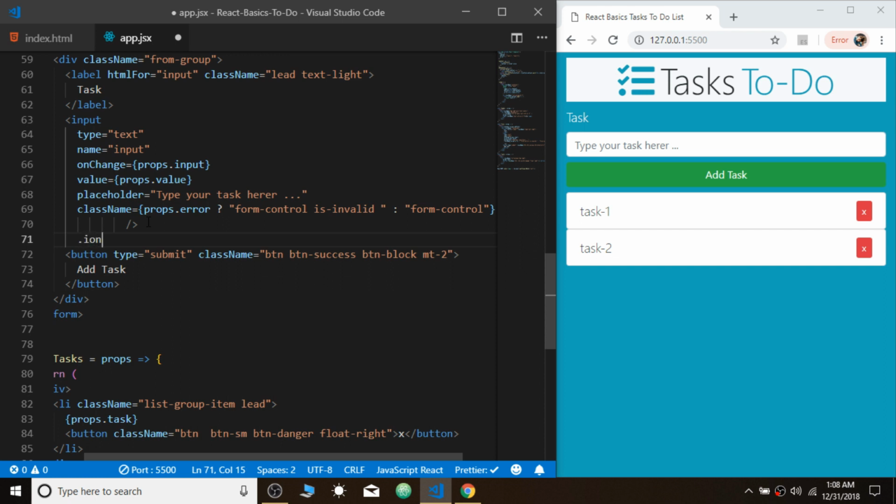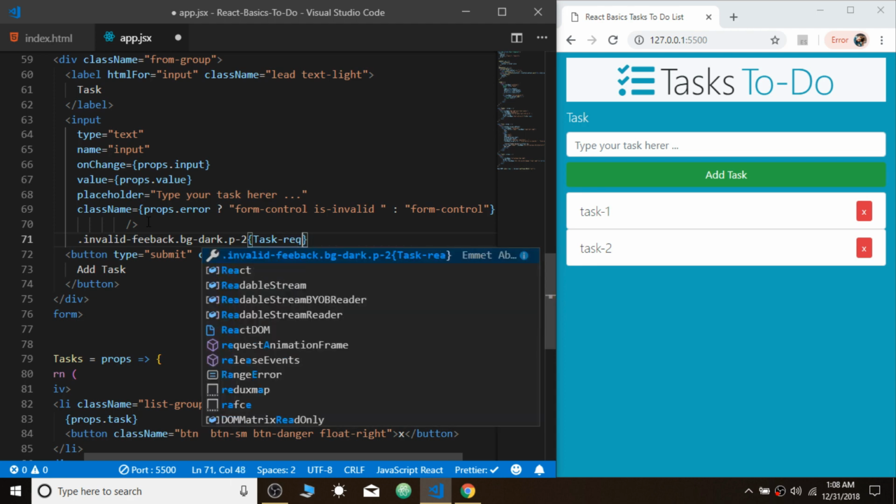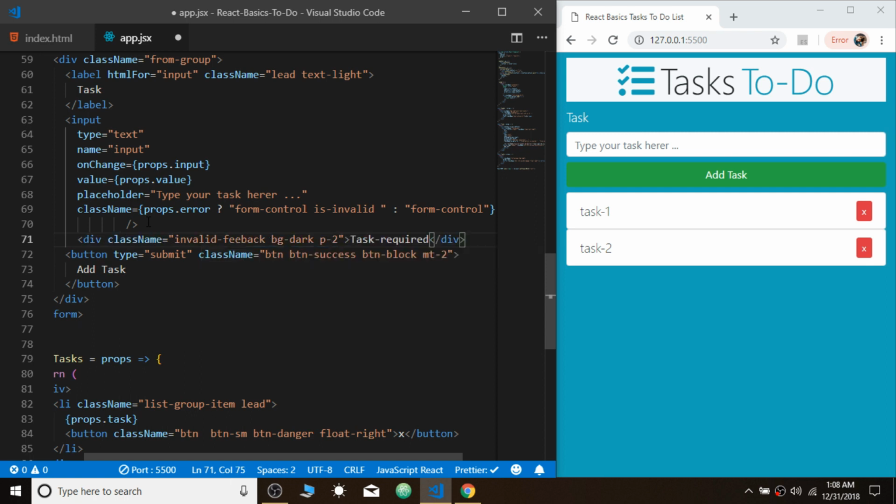So div with invalid-feedback, and maybe another one bg-dark, and also p2, and this will say task required. Okay, I just want to remove this hyphen and save it,